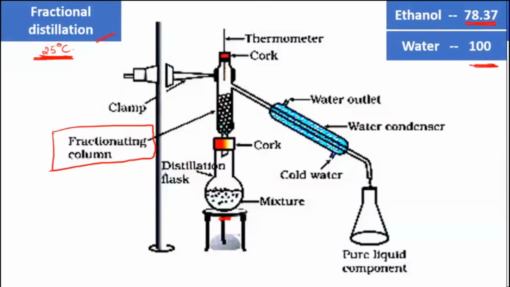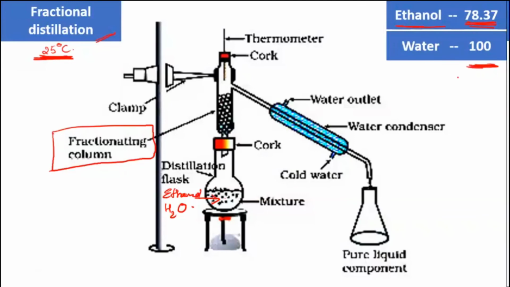Okay, when they prepare ethanol, alcohols, through fermentation, chances are there are water molecules also present, and you want to separate water and ethanol. Then this particular distillation, fractional distillation, is used. Both the liquids will be taken here, ethanol and water. Now see the temperature and tell me which one will come out first when I heat the solution of ethanol and water. The boiling point of ethanol is 78.37 degrees Celsius, and water is 100 degrees Celsius.